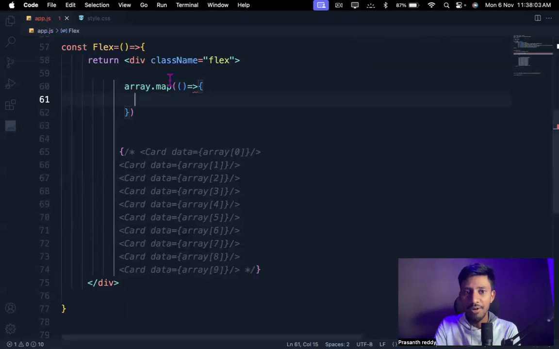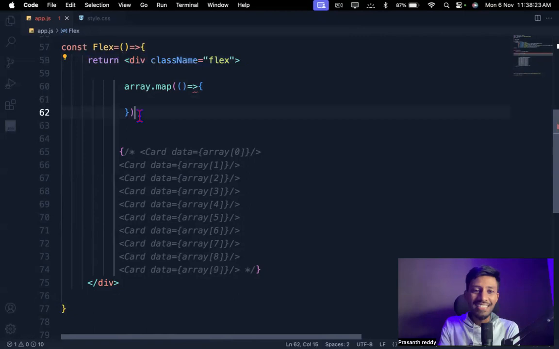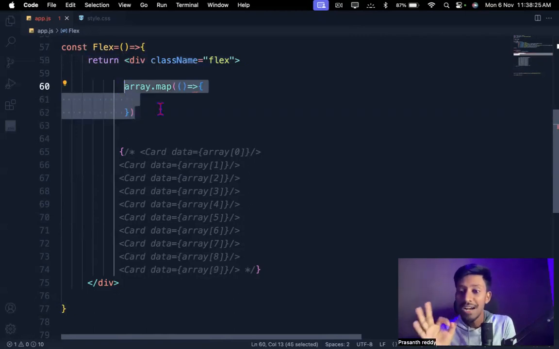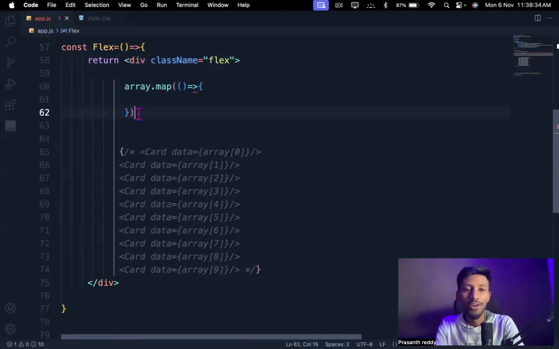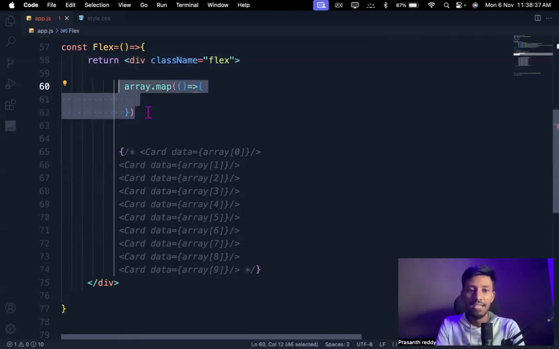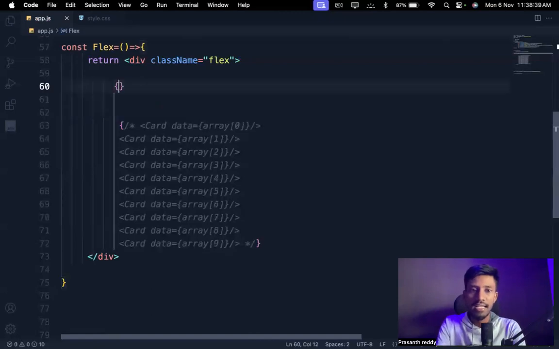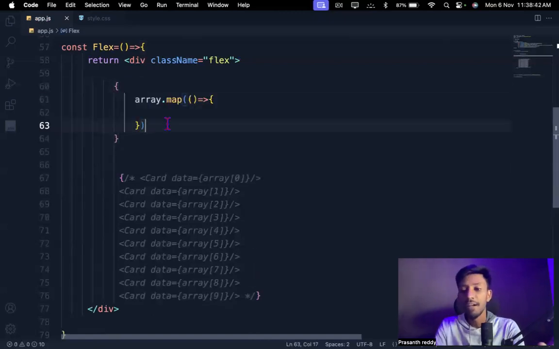Now inside this, can you observe this? It is showing a red mark for this app.js. Can anybody guess what mistake I've done here? Anybody, at least one person. Yes, exactly, Prem Kumar. It is JSX code, but I'm writing JavaScript over here. Array.map, map is a JavaScript function. So if I want to write JavaScript code inside my JSX code, then what should I do? Exactly, I want to wrap this inside the curly braces. Now this is perfectly valid code, my dear friends.